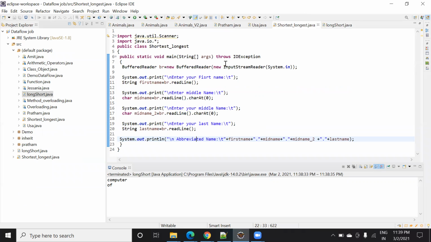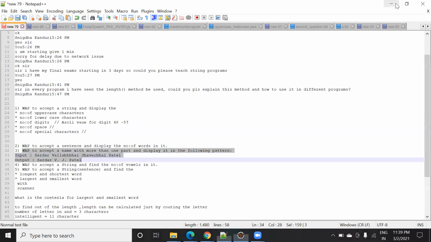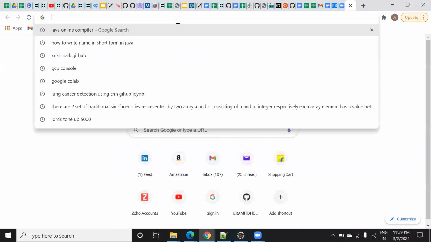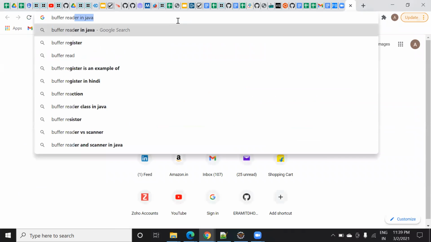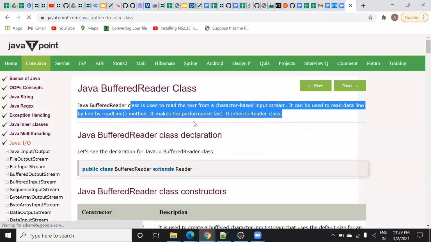This is my class, and in this class I imported some libraries, that is Scanner and IO, that is input output, because I'm using BufferedReader. BufferedReader is a concept. Let me show you what BufferedReader actually is.